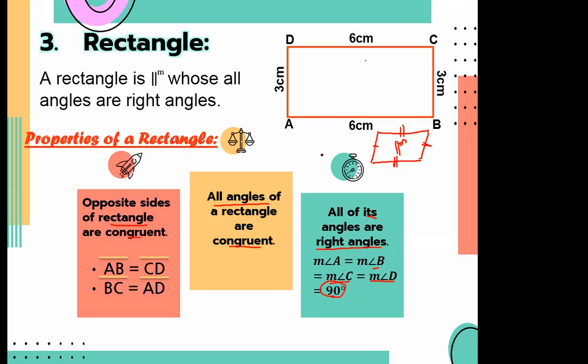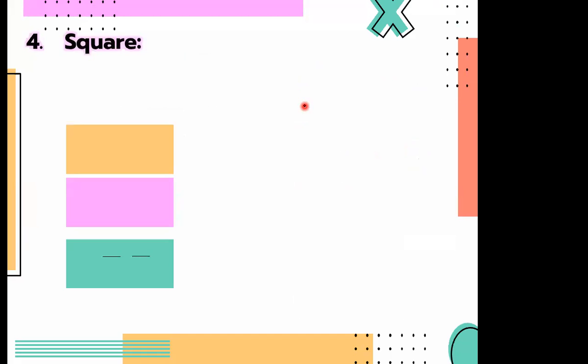Okay, now look here. If we talk about angle A, angle A will be equal to 90 degrees, which means all the angles of a rectangle are right angles. Angle B will also be equal to 90 degrees. Then angle C is also equal to 90 degrees, and angle D will also be equal to 90 degrees. So all the angles of a rectangle are 90 degrees, and all of the angles are congruent. Understand? Now move on to the fourth kind of quadrilateral, which is a square,